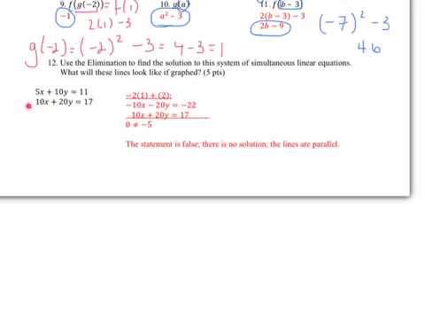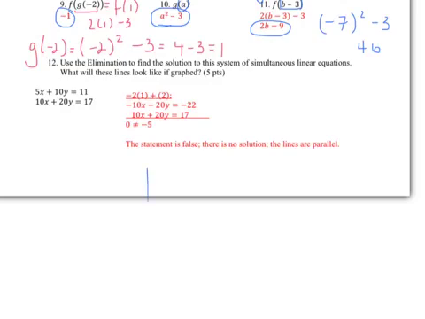So we're going to add this second equation here. And what we'll notice is that, yes, it does cancel our x's like we wanted, but it happens to also cancel the y's. So we get 0 and 0. We get a 0 over here, and this becomes negative 5. Well, 0 does not equal negative 5. That's a contradiction. So there is no solution to this system of linear equations, and therefore